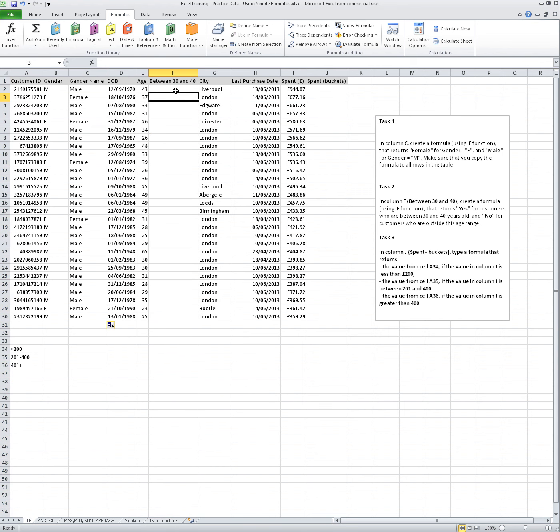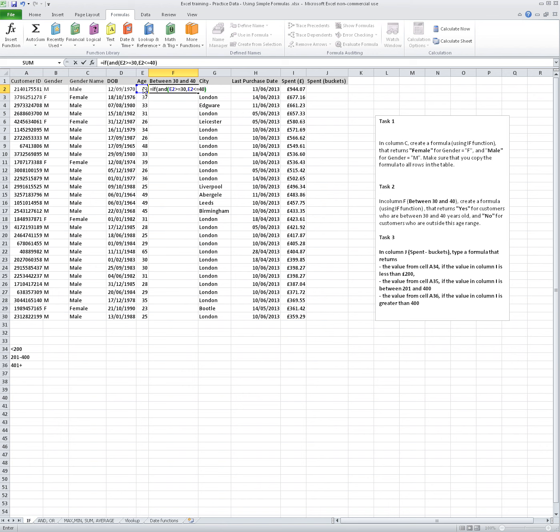Equals IF, and now in this case, because we have two criteria, because we want age to be between two values, we need to use the AND function inside the IF function. So if this is greater or equal to 30, comma, and now the second test, which is this is less or equal to 40,